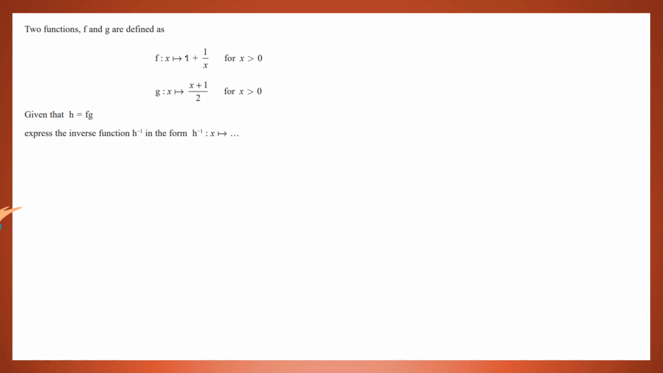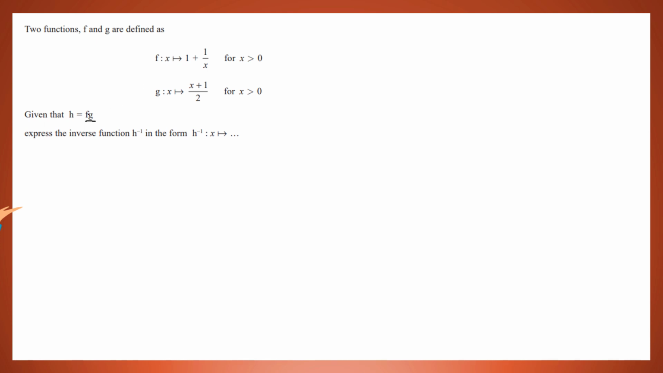In a normal G are defined as f: x goes to 1 plus 1 over x, and x is greater than 0, so x here must be greater than 0. g is defined that x goes to x plus 1 all over 2. Given that h is the composition of f and g,